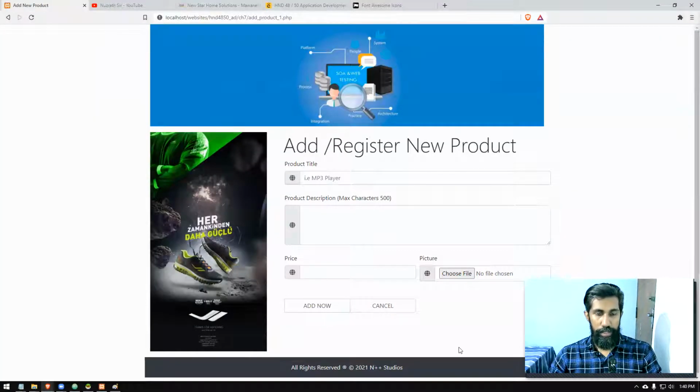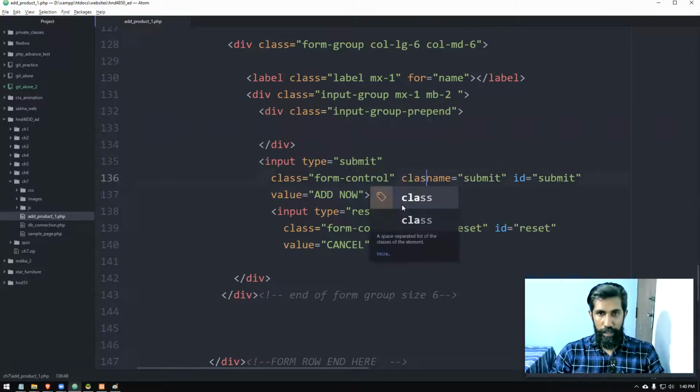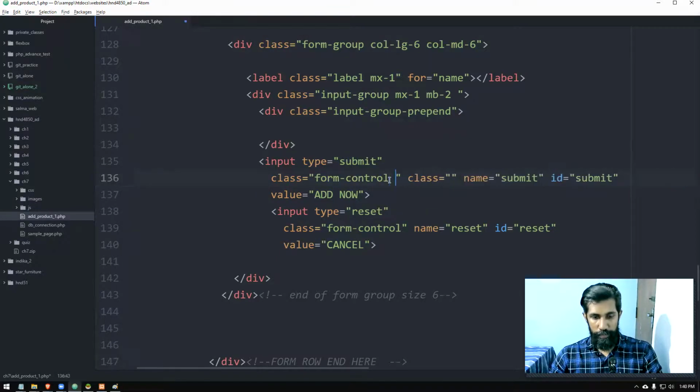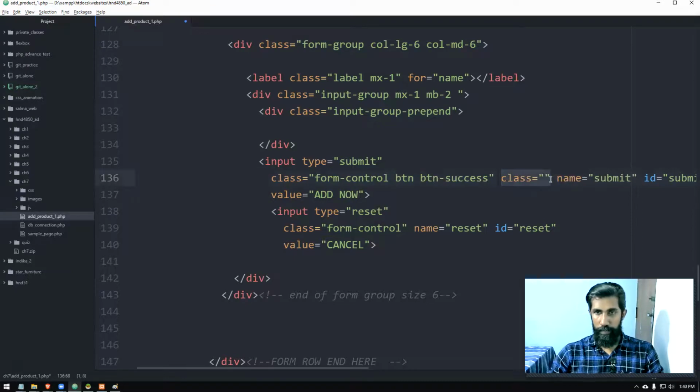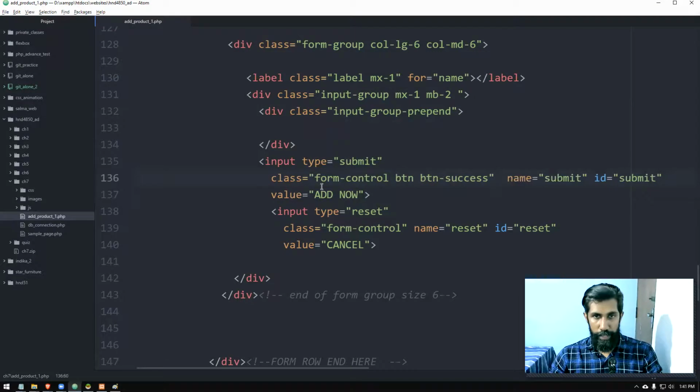Right, that is quite fine for me. Children, I don't have time to format this one, right? So here I need to put class btn, we'll say btn-success. Okay, I have two classes there, that's why. Right, it's coming like that.